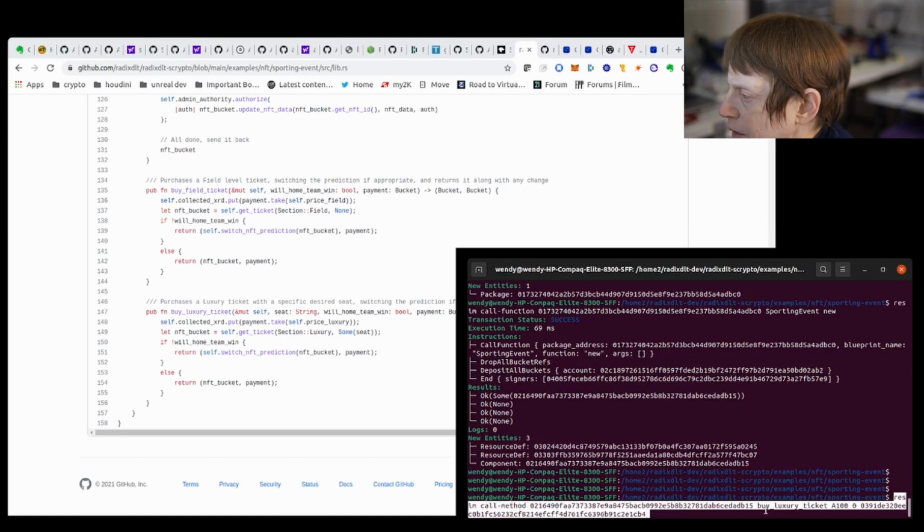This is the component ID, and this is, well, that's not right down there.